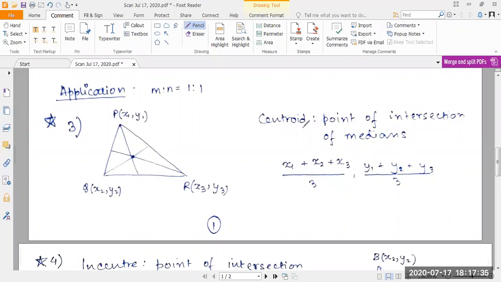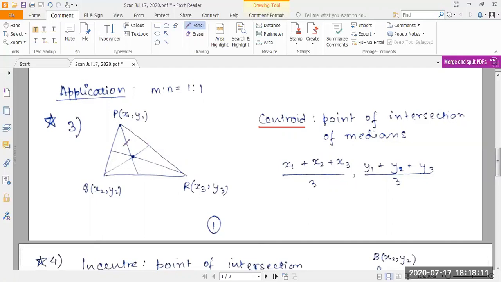The first thing is the centroid of a triangle. So when we have a triangle which is composed of three sides and three vertices, we have something called a centroid of a triangle. That centroid is essentially the point of intersection of the medians of the sides. A median is a line segment which joins one vertex of a triangle with the midpoint of the opposite side. So if we consider a point Q, then we have to join this point Q with the midpoint of PR. That is how a median works.